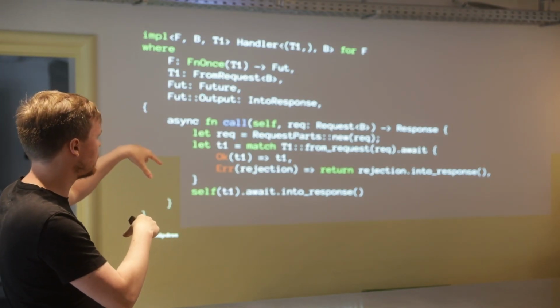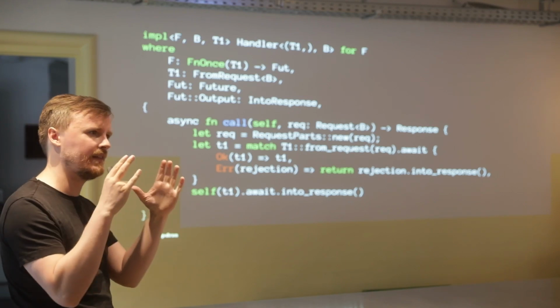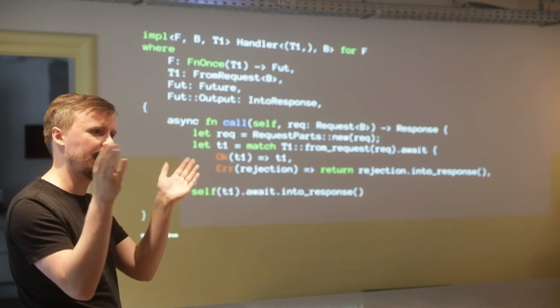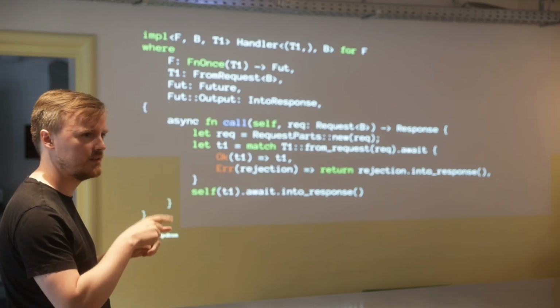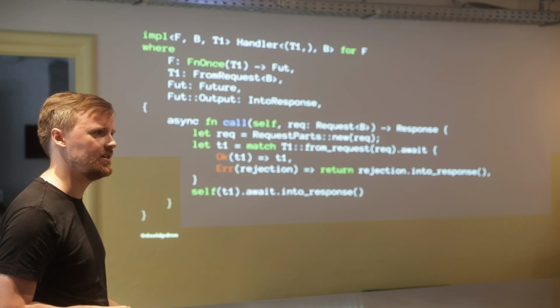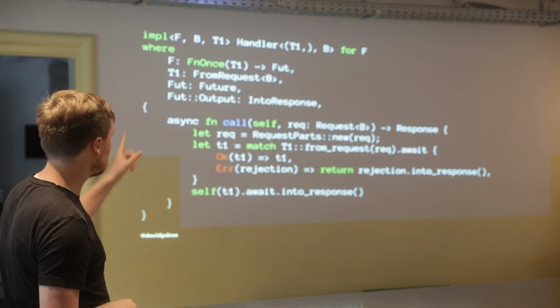If you leave this comma out, then it's just a type with parentheses around it. So the parentheses are sort of redundant, so that's the same as a T1. But by putting the comma there, you avoid the conflicting trait implementations which you would otherwise get. And then it's basically the same thing.